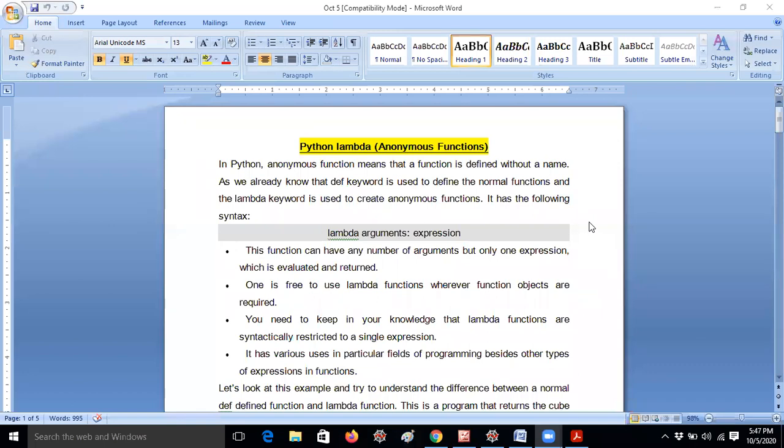In placement tests, students are interested in writing programs in Python only. Earlier they used only C language, but after listening to the Python classes, everybody writes code in Python. That's the reason I'm telling all the concepts. Of course it is not in the syllabus, but I am telling it once again.